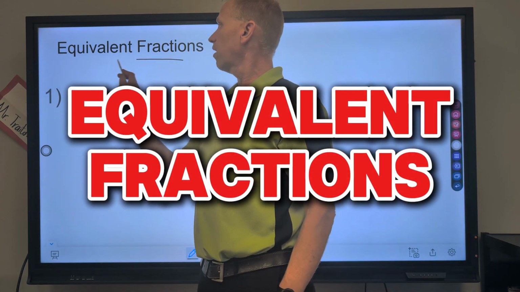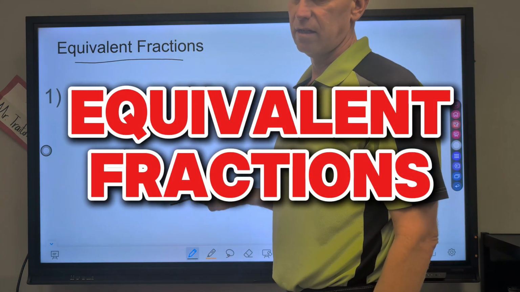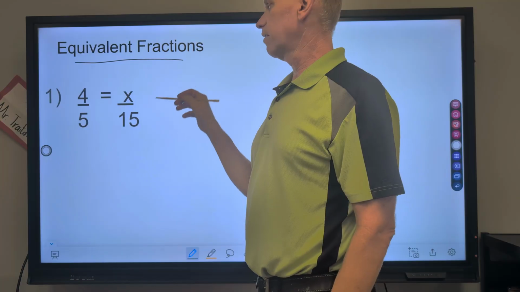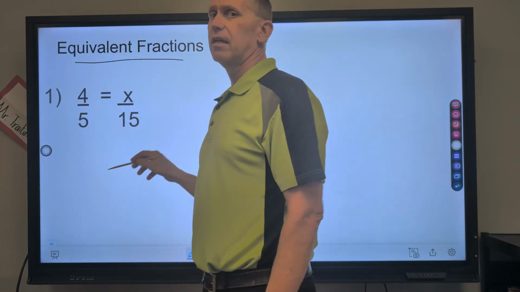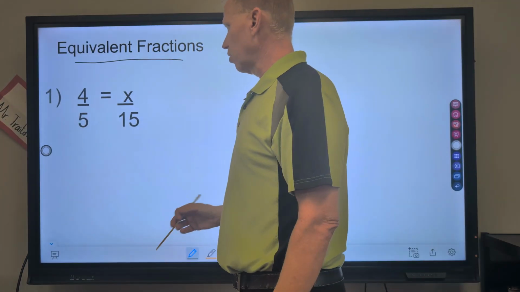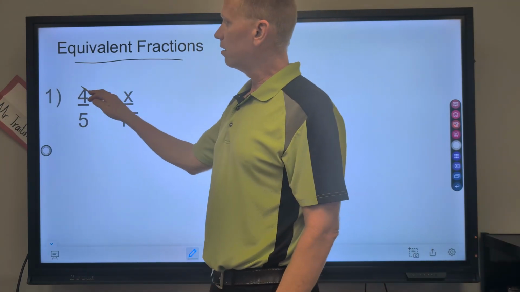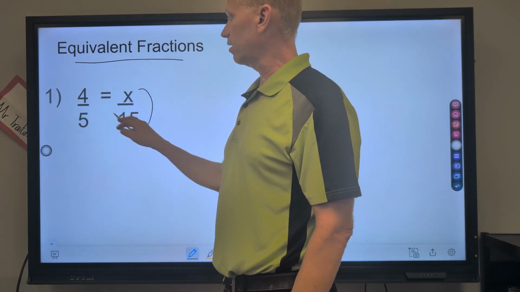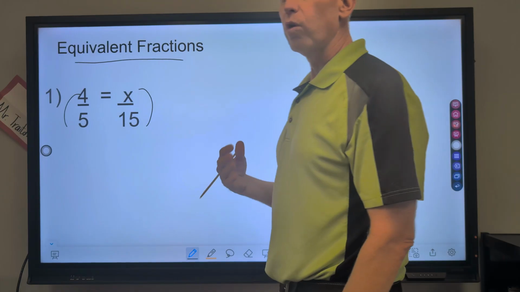Learning equivalent fractions and how to solve for the missing number. And there's always going to be some kind of variable, and it doesn't matter where the variable is, it's the same process. And here's how you do it. So if they're equivalent, that means this fraction and this fraction are exactly the same, just one's smaller and one's